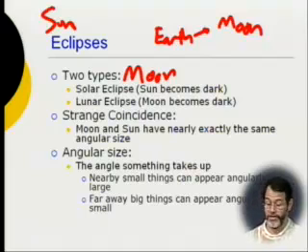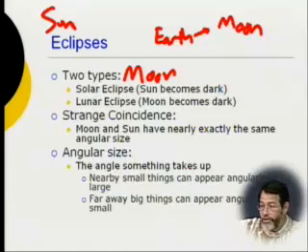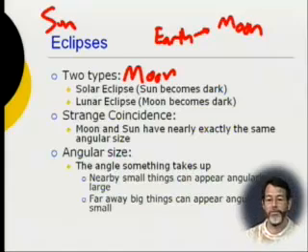The biggest angular thing that can move in front of it is the moon. And the rare coincidence is that the moon and sun have almost exactly the same angular size. Now really, the sun is gigantic. It's just huge. We'll talk about how big it is later in the course. And the moon, well, it's bigger than you and me, but it's not as big as the sun. Compared to the sun, the moon's a little dinky thing.